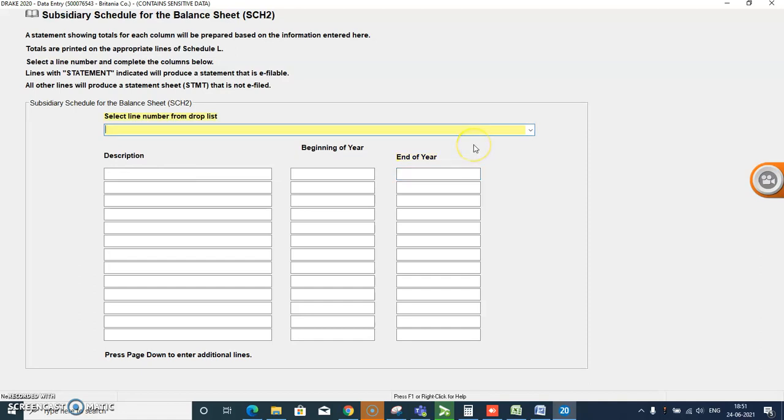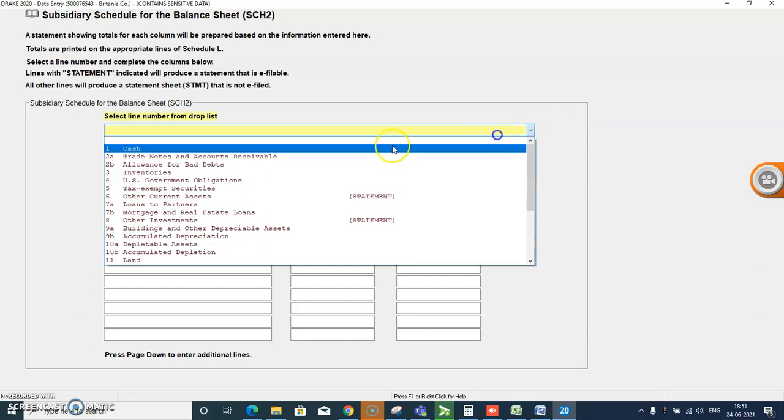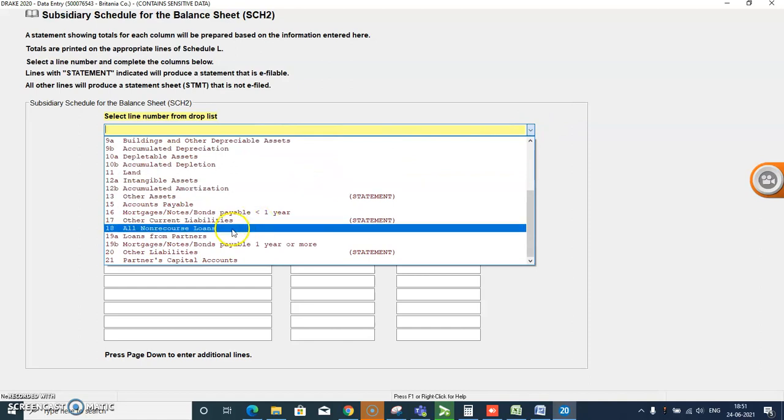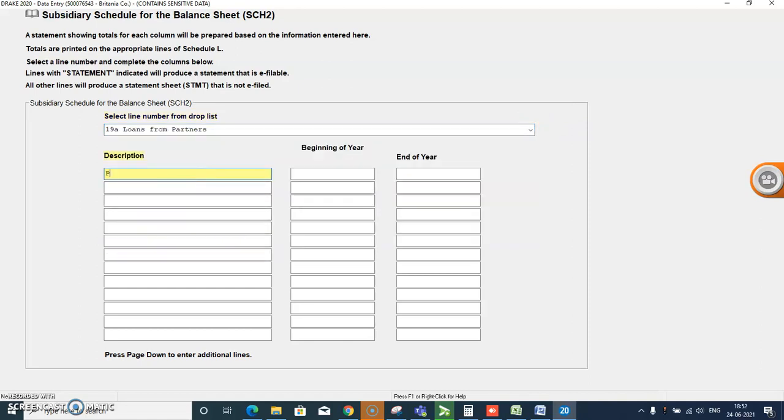Now page down. Loan from partners, or partners loan. Loan from partners: $30,000.